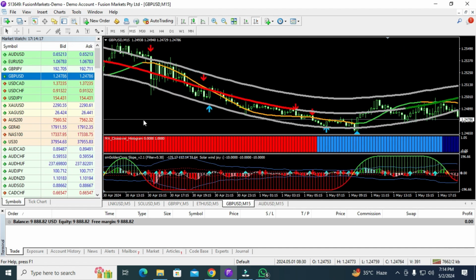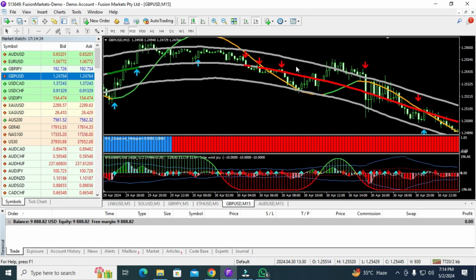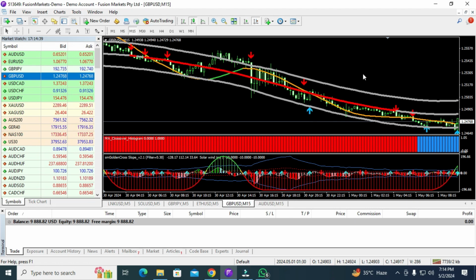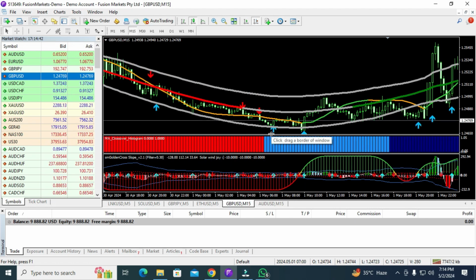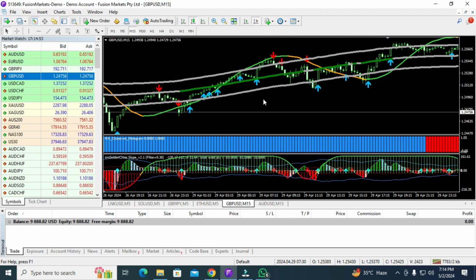Like here you can see, let me explain this one. You got sell signal, sell signal, sell signal, but I will recommend that if the candle is touching the upper band line and you are getting the sell signal, then you can go for the sell trade. You can see you got five trades and all the five trades are profitable. You got two signals and profitable, and some very small profit. The point is you are getting some profit. Do not go for the buy trade here. Like here you can see all the buy trades are profitable.